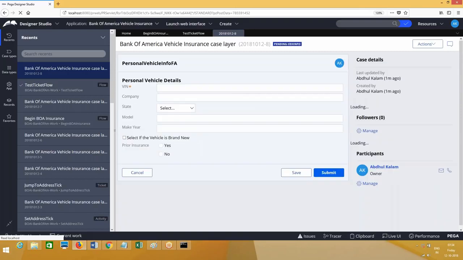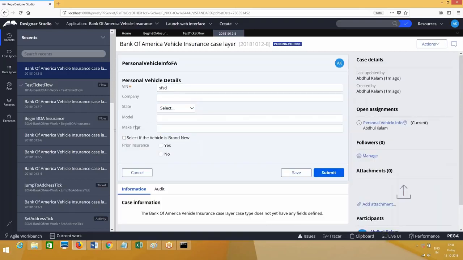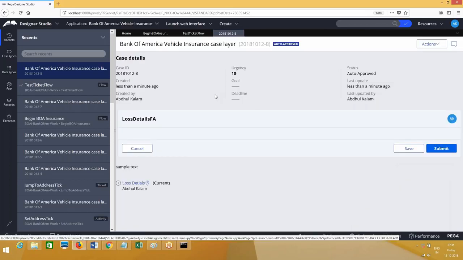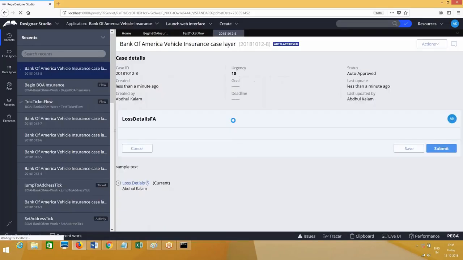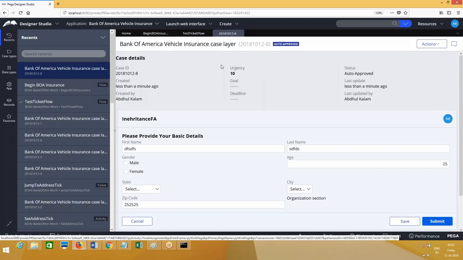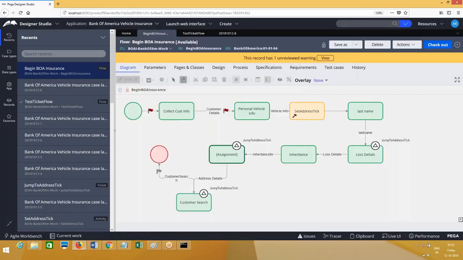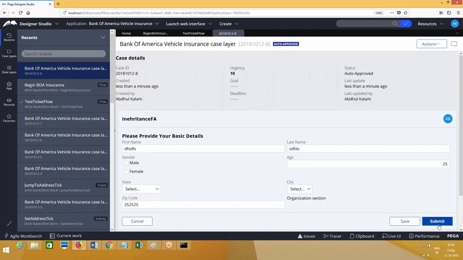Now the address details assignment itself is not there. It is going to loss details. Which one? First position. And then submit. Where is it? This is inheritance. So next one only. And then submit.